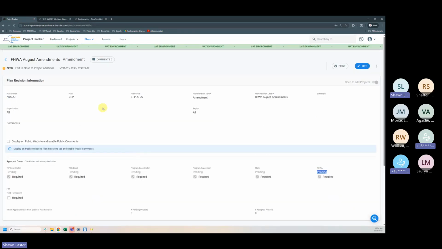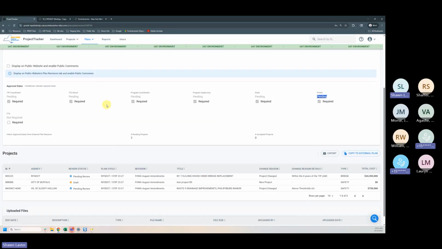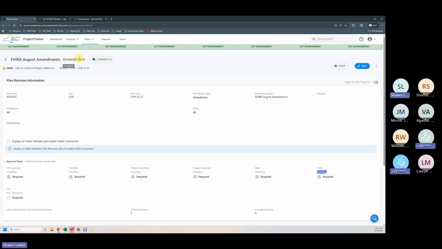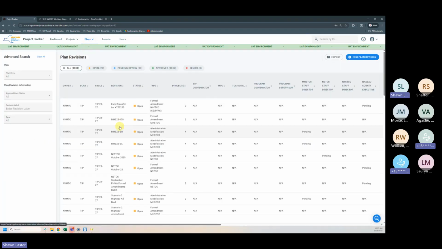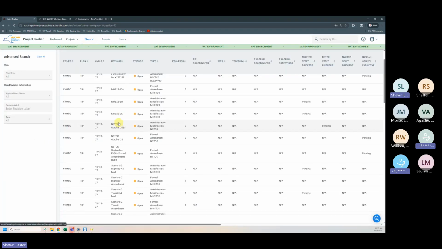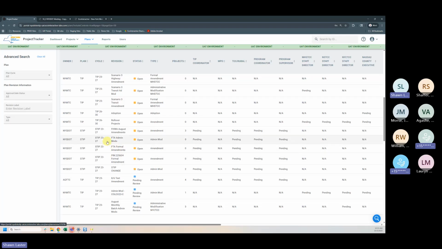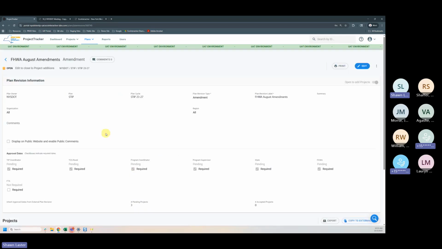Our platform just has standard fields that show by default in different areas. So when I'm in here, I'm going to plan revisions because I'm looking at a ballot or a revision I'm putting together. And so when I click into my amendments here,